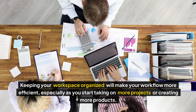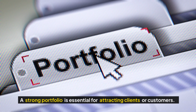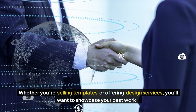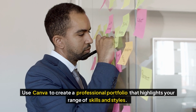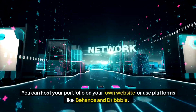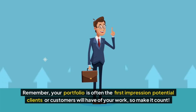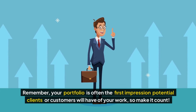more products. A strong portfolio is essential for attracting clients or customers. Whether you're selling templates or offering design services, you'll want to showcase your best work. Use Canva to create a professional portfolio that highlights your range of skills and styles. You can host your portfolio on your own website or use platforms like Behance and Dribbble. Remember, your portfolio is often the first impression potential clients or customers will have of your work, so make it